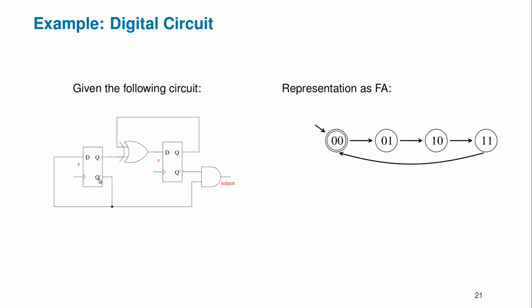This Q prime is simply the negation of Q. The prime is often used as a symbol for the logical NOT, and it negates the value of Q. Okay, and with this this circuit has a certain behavior,